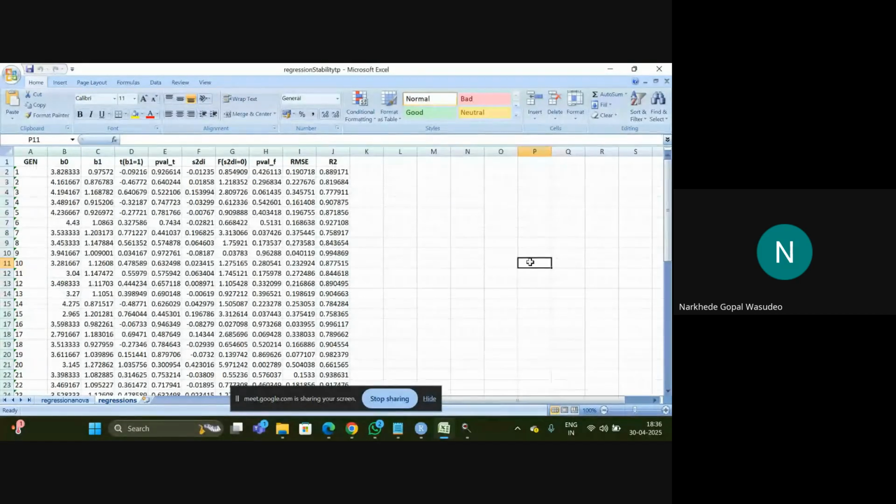So there are a number of parameters. Now here, the first most important thing is S square DI. S square DI is, as I already told, the deviation of your particular genotypes